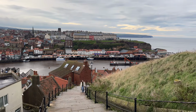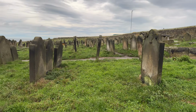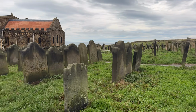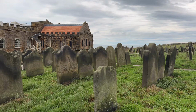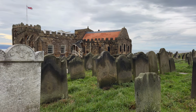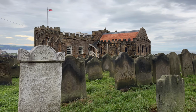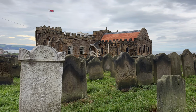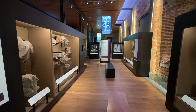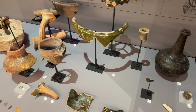At the top, there's also this really cool old chapel with loads of tombstones in the graveyard. And it's just neat to think about visiting this area and sitting down in the same spot as Bram Stoker when he was first writing Dracula, because you can just truly see this kind of ancient mystery and intrigue across the landscape. The Whitby Abbey had a wonderful museum filled with artifacts and lots of cool cultural history,